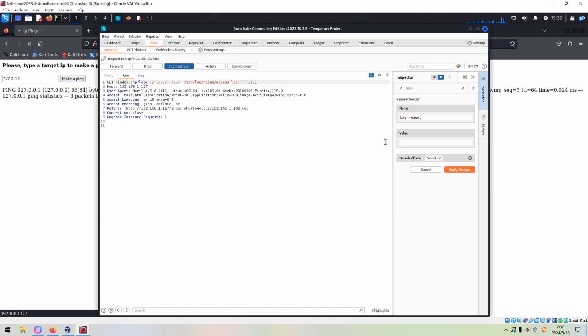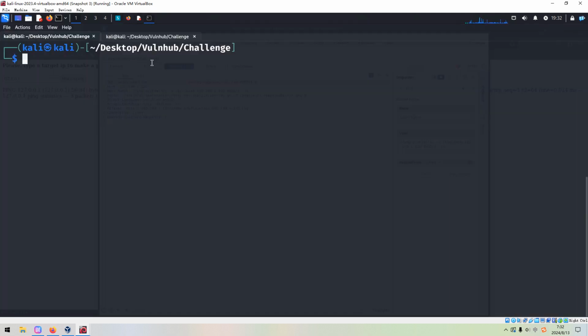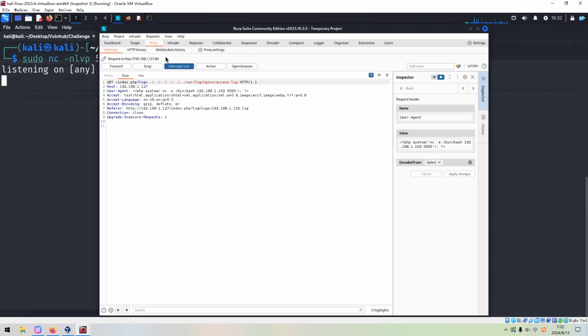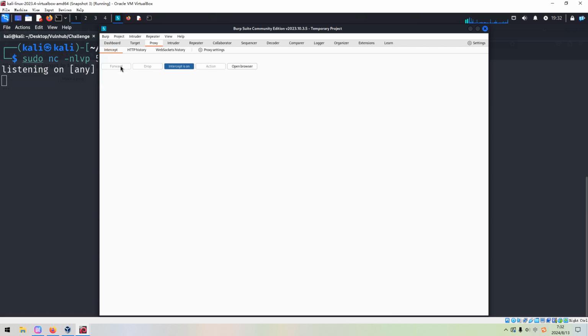We can use the one-liner PHP system. Okay, apply changes. So next we can set up the listener on the Kali Linux. Now go back. We can forward.